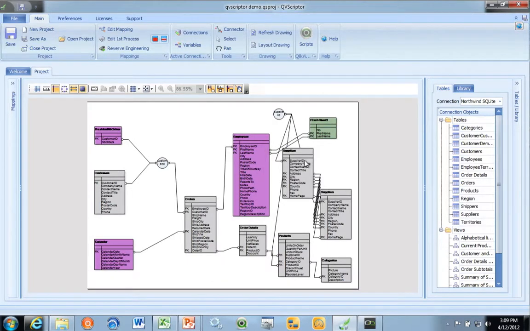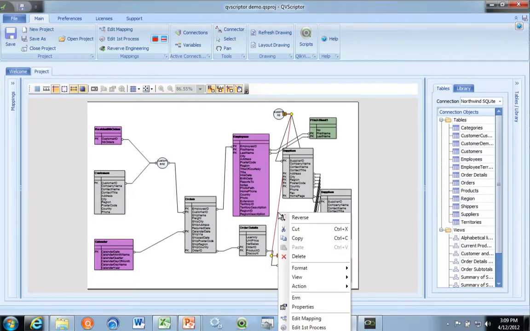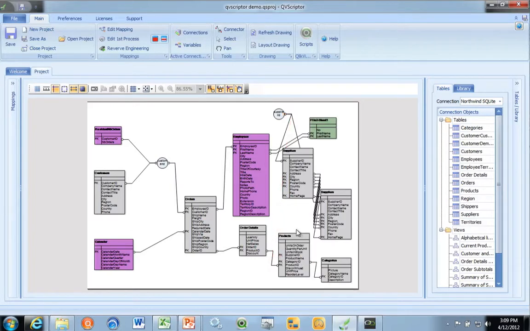What it will automatically do for me is show me all the associated links between tables. And from here now I can start deleting the links that I know should not exist. So in order to do that, I will just right click on my link and say delete. And as I'm doing that, it's writing the script for me in the background the whole time.